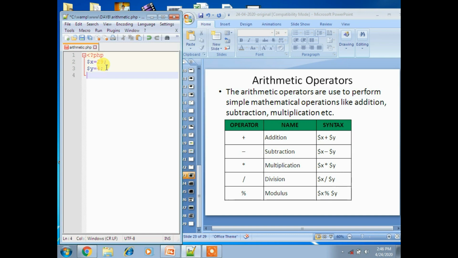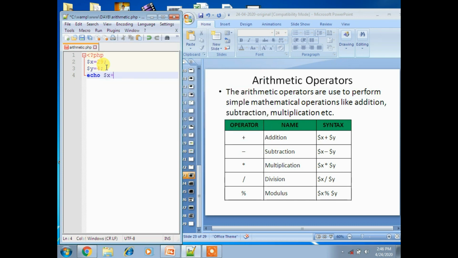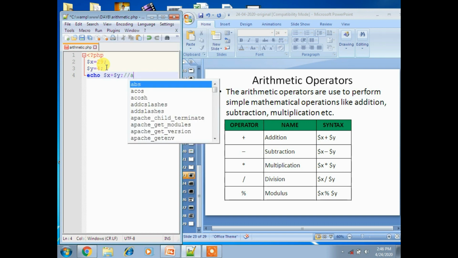Taking only a single variable is not good, so you have to take two different operands. Now $x plus $y. Here the plus operator means we are doing addition.